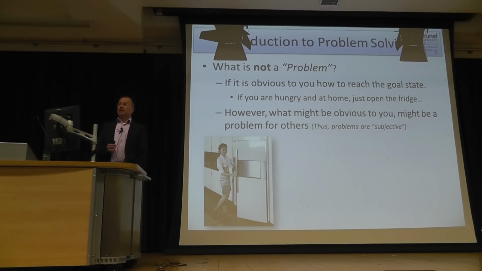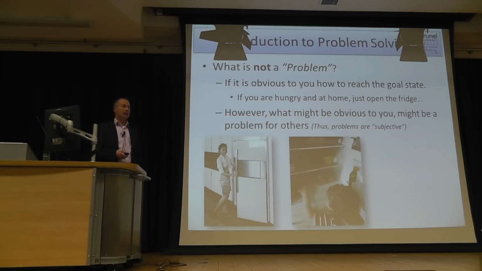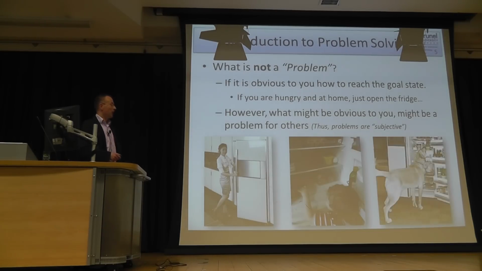However, problems are subjective. They are different for different people. So what's obvious to you might pose a problem for other people. So for instance, for children, and that's usually a very exhausting state for parents, once children discover how to open the fridge and help themselves to the nice, sweet things which are in there. Or there are occasional dog owners who suffer from their dogs having learned how to open the fridge and help themselves. So for children and dogs, initially that is a problem. They know there is some food in there, but they don't know how to get there, but they learn it at some point.